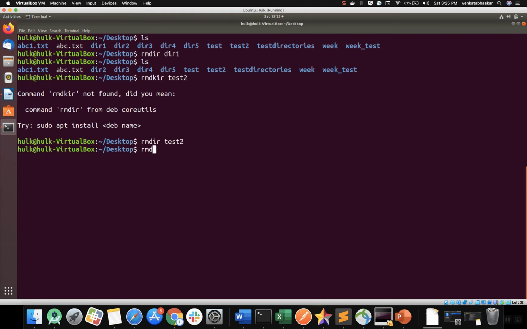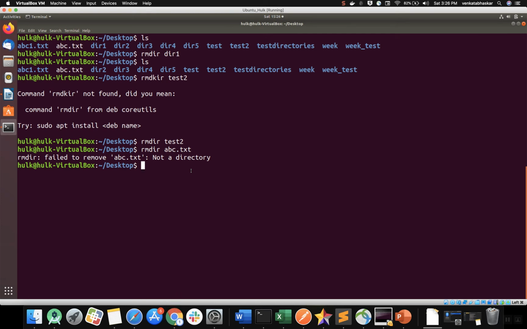The file exists. When I press enter, it immediately throws an error: failed to remove abc.txt, which means it is not a directory. That's why rmdir is not that useful. Soon we will use only the rm command, which has a lot of advantages.